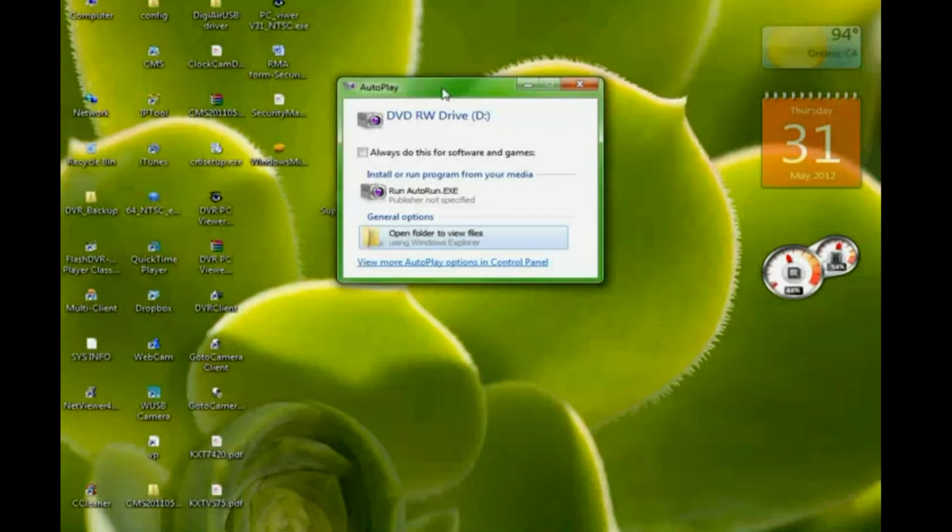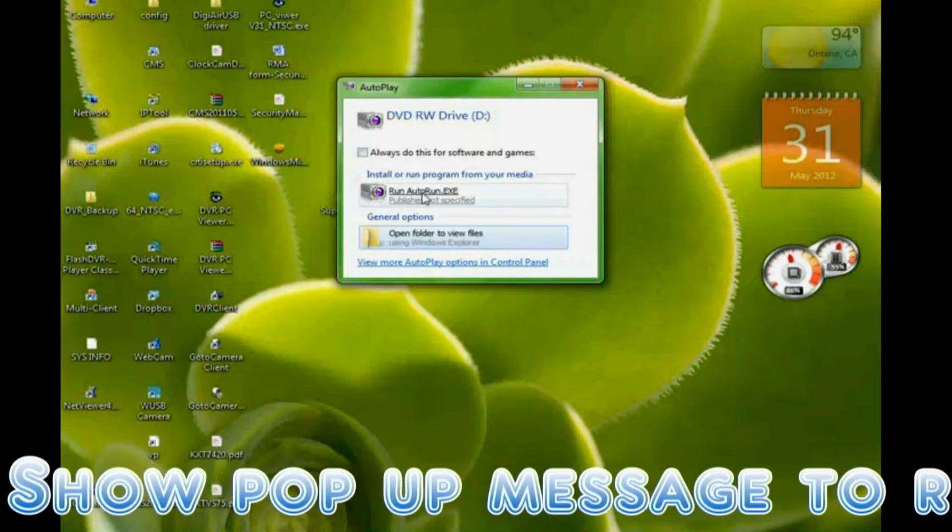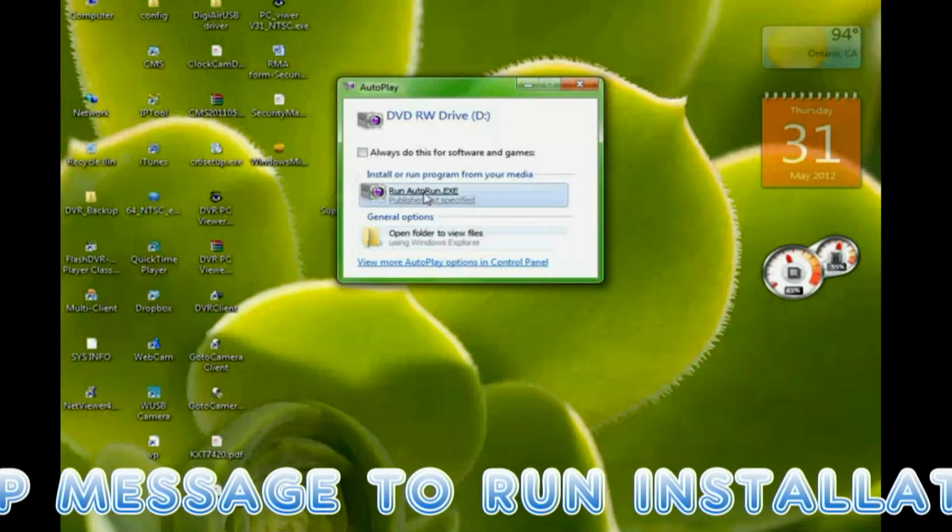In this video, we're going to show you how to install SecurityDVR software. Before the installation, please connect the iCamDVR unit to your computer USB port, and then insert the installation CD into your CD-ROM drive, and you will see this autoplay message come on. Then just simply click run autorun.exe,